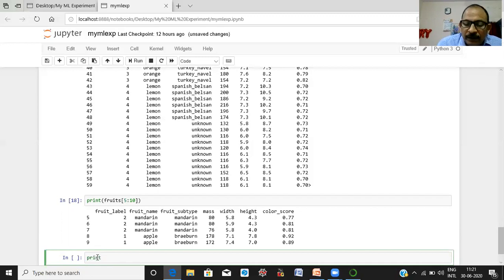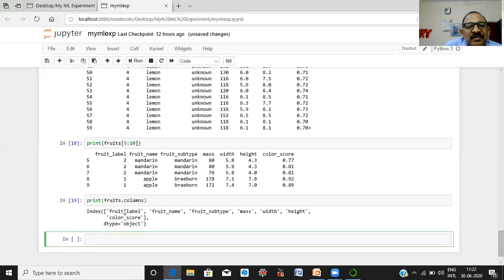Simply type print, and here we are interested to know the attributes of our data set, or you can say the names of the columns. The corresponding method is columns. Run it. These are the column names of our data set: fruit label, fruit name, fruit subtype, mass, width, height and color score.